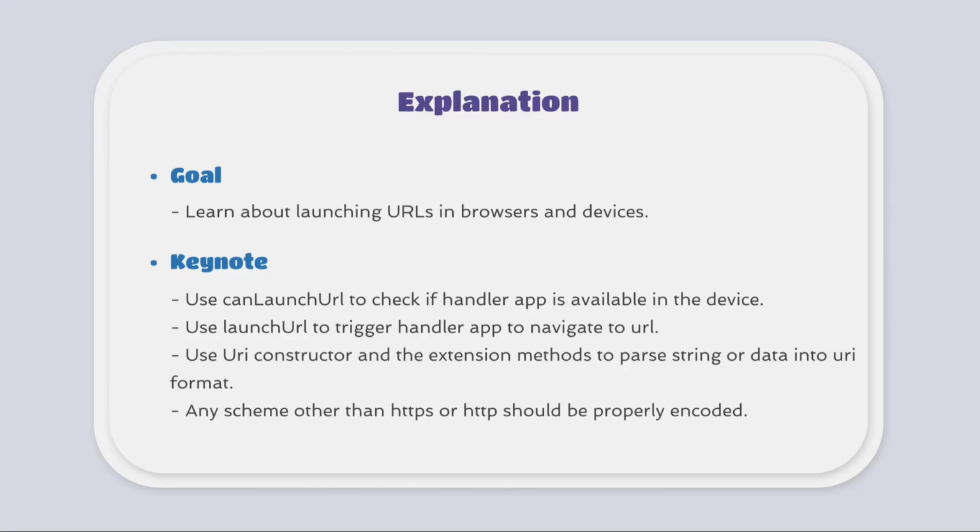In this lesson, we are going to learn about the URL Launcher package. The URL Launcher is just a simple package for launching URLs. It supports limited schemes such as URL, mail, telephone, SMS, and file. Each scheme can be converted into launchable URLs by using the URI constructor and extension methods such as parse and